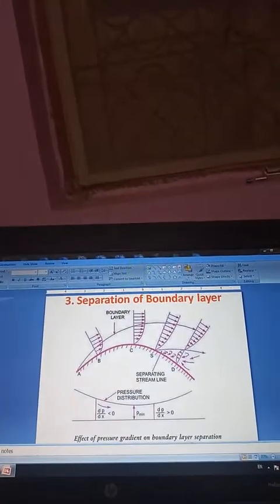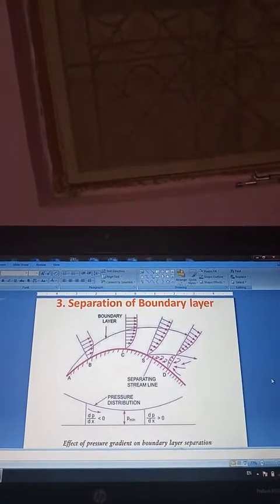That is the part of study. So now if you see in the diagram, the boundary layer formation is very clear to you now, that it is happening at the surface.